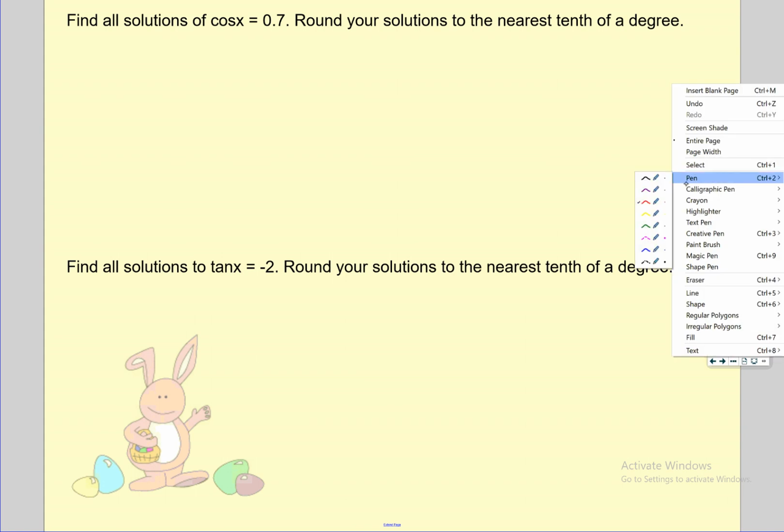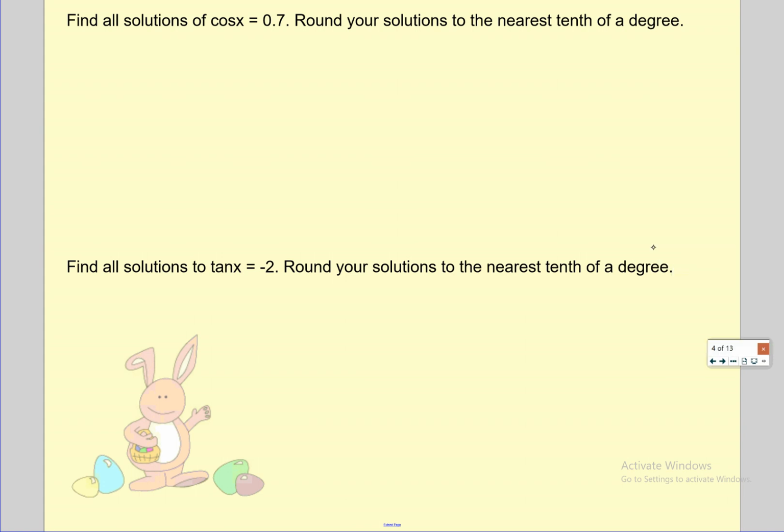So we need the calculator because 0.7 isn't on our unit circle. So what we're going to do, if I wanted to get rid of a cosine before, what do we do? We've been doing it with our law of sines and law of cosines, right? What cancels it out? Inverse cosine. And it says we're going to round to the nearest tenth of a degree, so you need to be in degree mode if you're not already, okay? So inverse cosine of 0.7 gives me the angle to the nearest tenth, 1 decimal place,